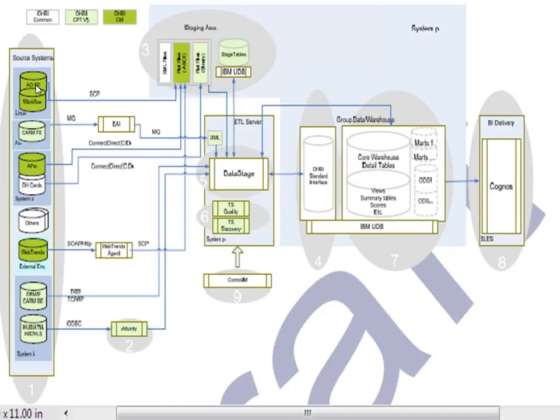Next, we also have one more system that we simply call AIX, which maintains all the CAMS application systems data. And one more system, APE, means application processing engine,